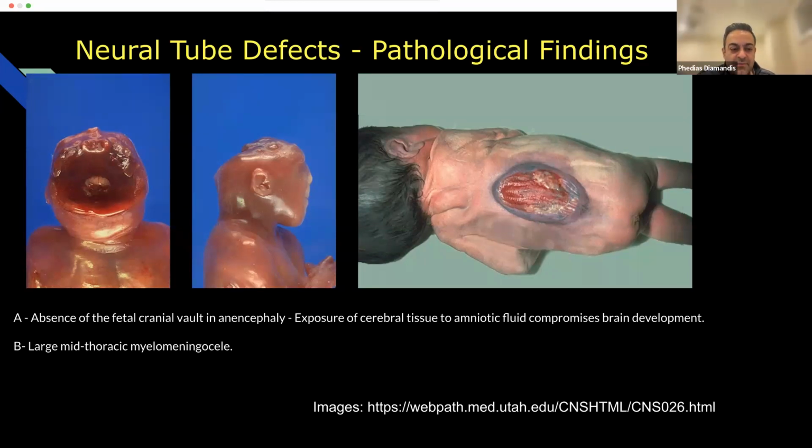And then we have a myelomeningocele shown here on the right, with exposed spinal cord. It looks like the cyst here ulcerated, or at least the skin ulcerated, and you're getting direct exposure of the nervous system to the amniotic fluid,